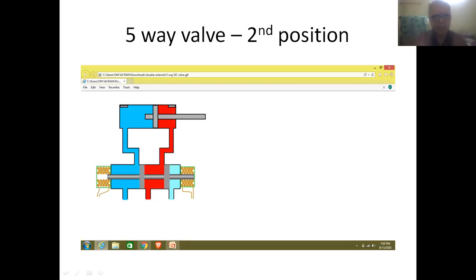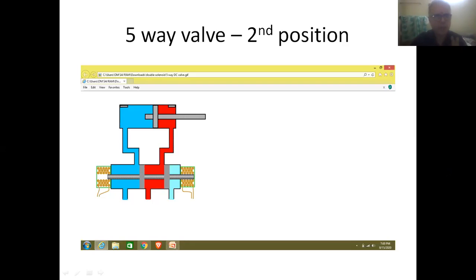And secondly, friends, this is the figure which is indicating the second position of the DC valve. In this position, the inlet will be in contact with the second outlet, the first outlet will be in contact with the first exhaust, and the second exhaust will remain in closed position.